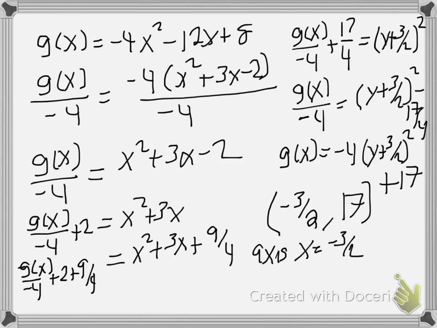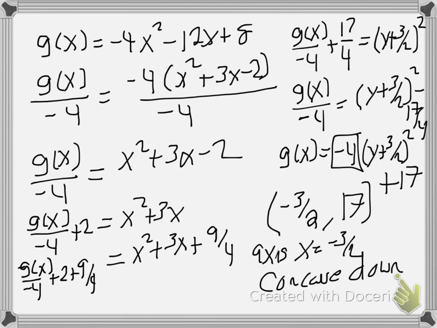Okay, my concavity is down because a, which happens to be negative 4, is negative. Okay? So, hopefully that makes sense to you guys. All right? Now,